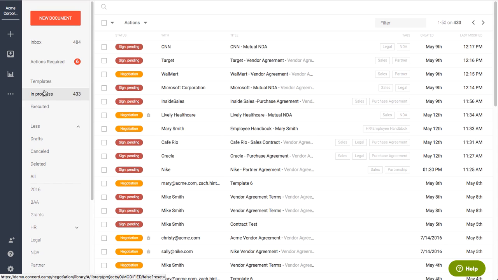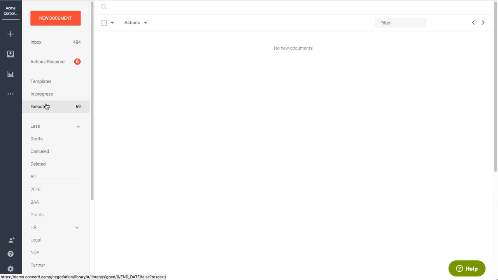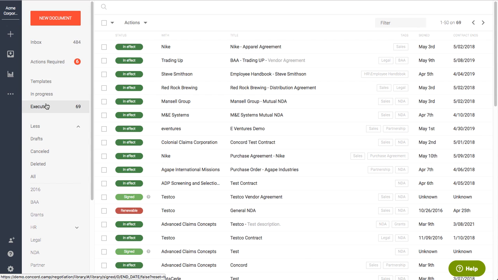So for someone in the legal department, someone in the sales department, or just someone that deals with a lot of contract negotiations, this is a really great place to be able to come to see, okay, this is where all my contracts are at. We've also got an executed folder here, which is where we house all of our signed contracts, or contracts that are